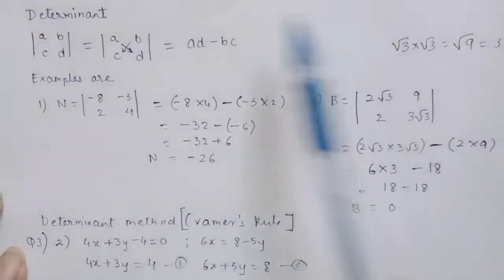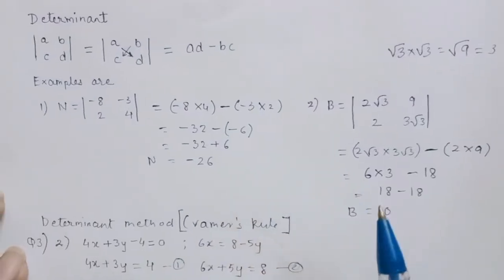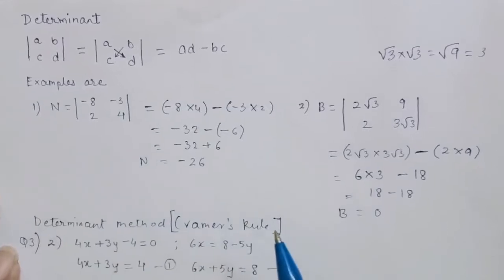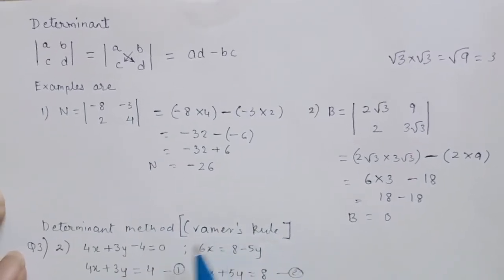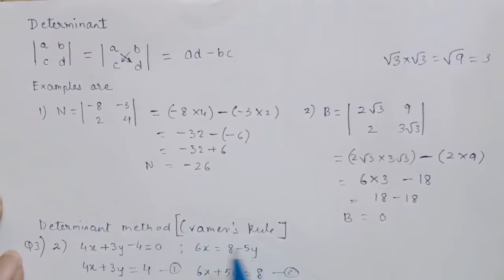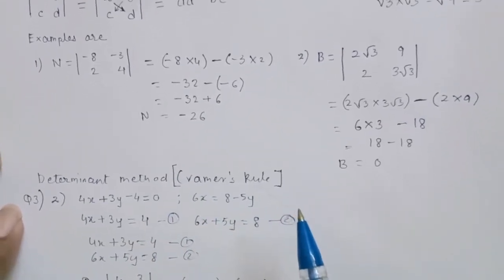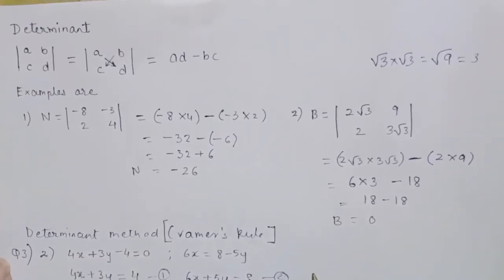So this determinant is very useful in solving simultaneous equations by Cramer's rule, which we can see here. Now we are going to solve practice set 1.3. Question number 1 and question number 2, sub question 1 and sub question 2, can be solved on the basis of